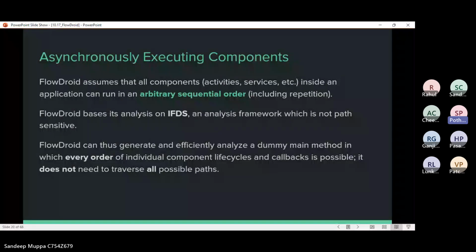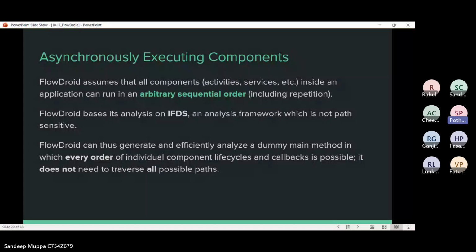FlowDroid uses the IFDS framework, which is not path sensitive. Whereas when we don't use FlowDroid, it becomes more expensive to track each and every program. When we use FlowDroid, it becomes easier to track and merge all the programs at a single point.